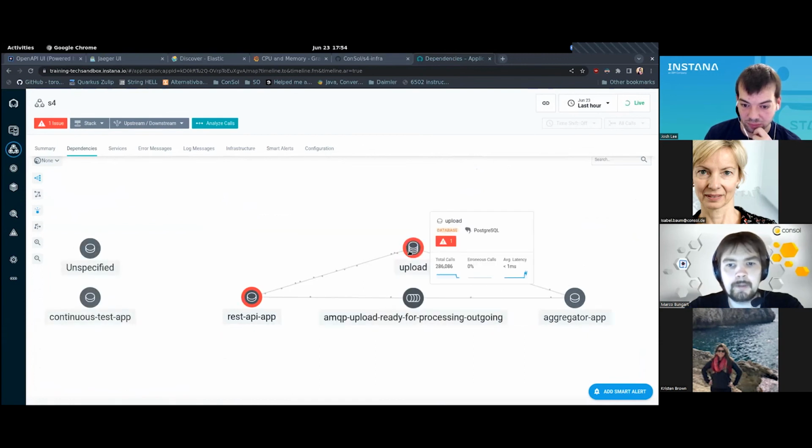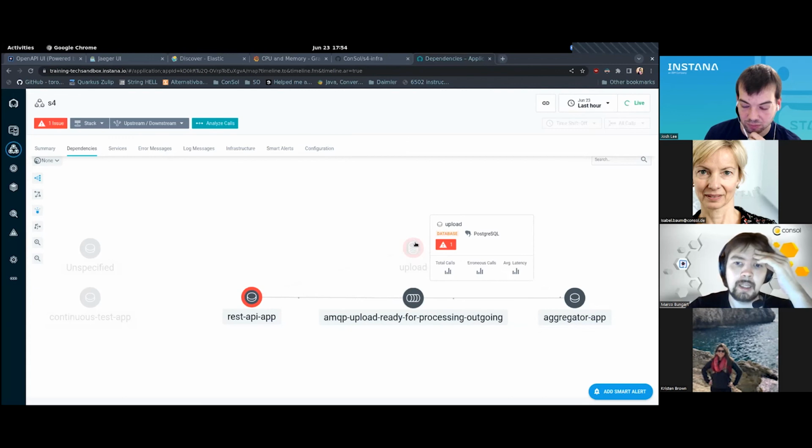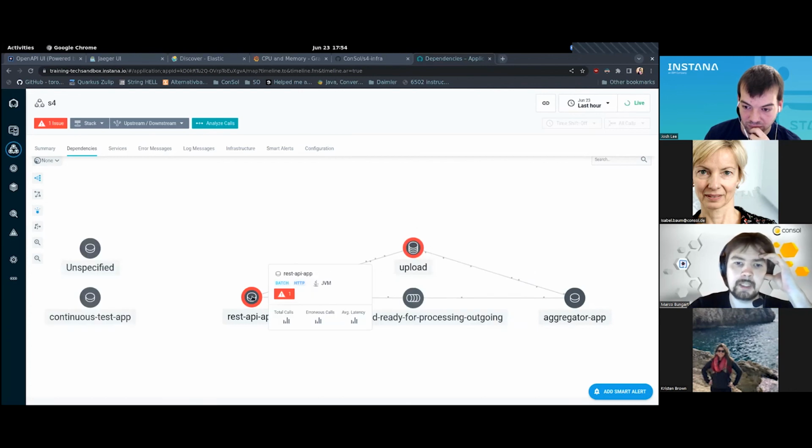These parts are red. So here are the messages dropped. And here is the important part. You see on the AMQP that in the total calls, we have a sharp drop off. And that's right here in the information. So we see the REST API is red, the upload is red, and on the AMQP side, we see that the messages are dropped. They are dropped here as well and here as well. And this gives us the indication that it's something down this line here.